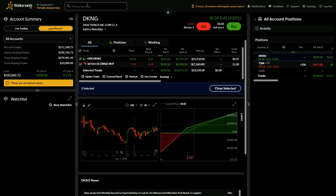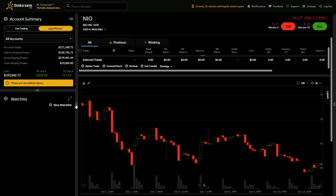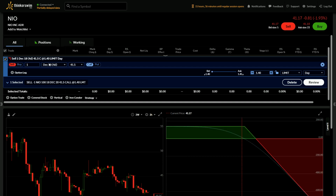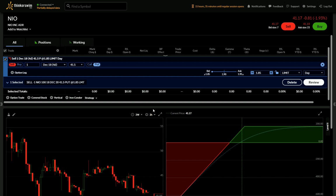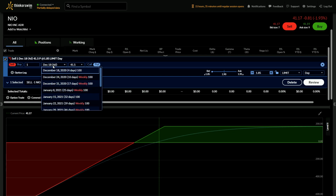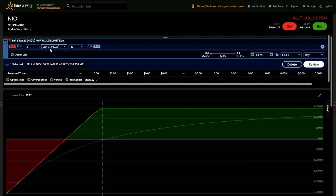Let's take a look at NIO, and you can price this accordingly to your individual shares and your risk capability. So what we're going to look at is actually doing a cash secured put. So I'm going to sell a put, and what I'm actually going to be looking at doing is going much farther out of the money and much farther out of time. So if we think that we are incredibly bullish on the stock, we can actually go to January 21st of not 2021, but 2022. What that gives you the capability of doing is saying that if I think the stock is going to be higher than $40 a share, someone will actually pay you